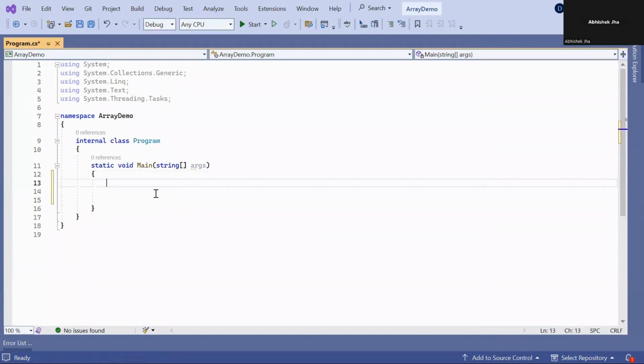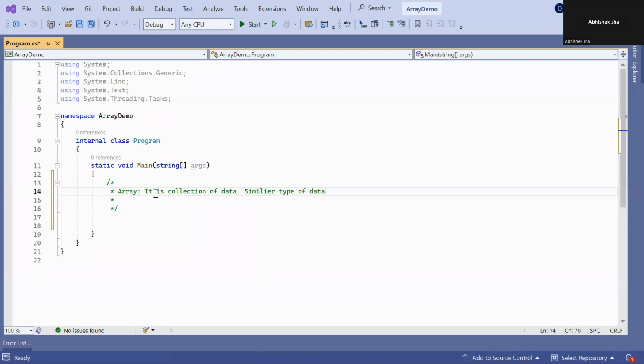So in C#, let me introduce the concept of array. Array is nothing but a collection of data. What kind of data? A similar kind of data. Type of data, not different types.